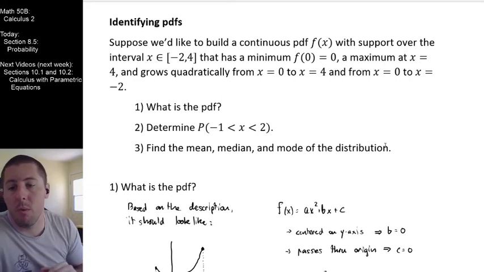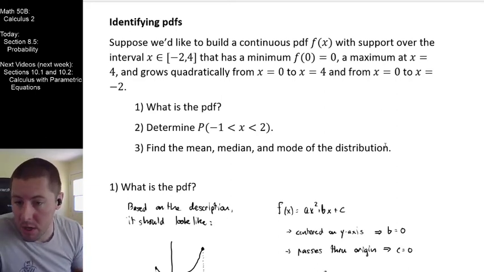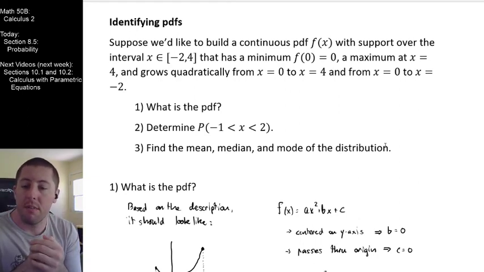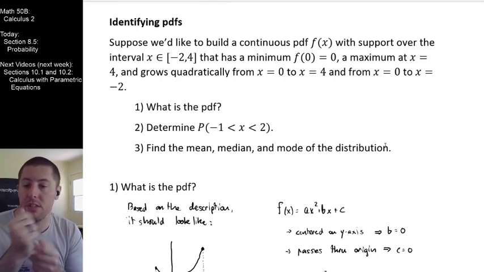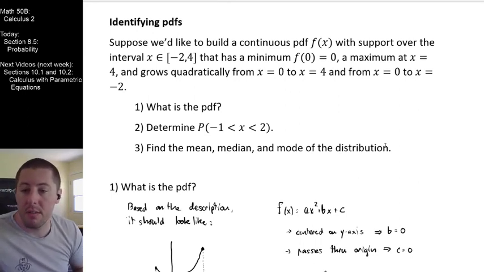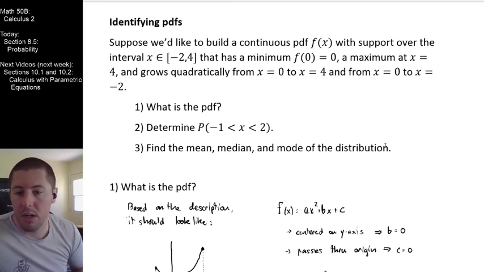In chapter 10, we're going to visit parametric equations briefly, where instead of defining y as a function of x, we're going to define both x and y as functions of t, which we typically think of as time. We're going to see what kind of curves they draw out in space, and very importantly, we're going to want to do calculus on parametrically defined curves as opposed to traditional function expressions, y equals f of x.